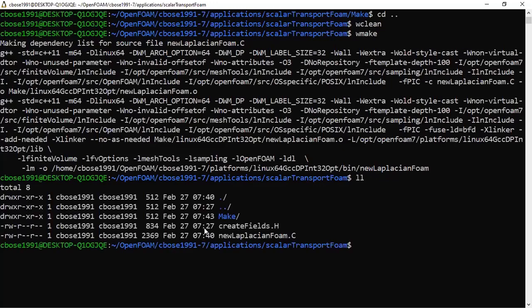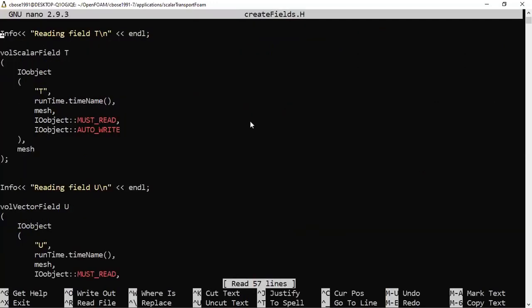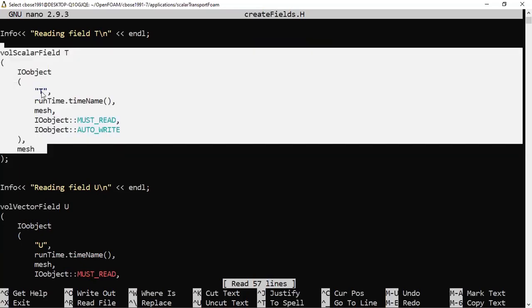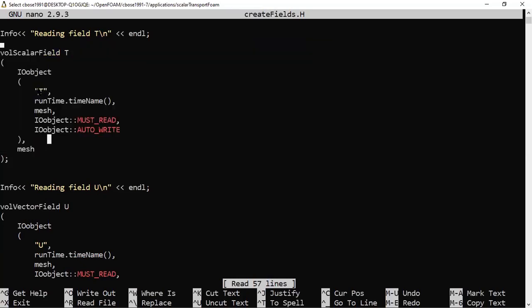Go back to the folder and see what is in the header file. Now I have a .C file. Let us look at what is there in this header file, what definitions and declarations we have defined. Open createFields.H. You can see that this is giving us info that we are reading the file temperature, and this is the basic input output object registry of OpenFOAM. We are actually reading a variable called T, which will come from the initial and boundary conditions stored in the 0 folder.